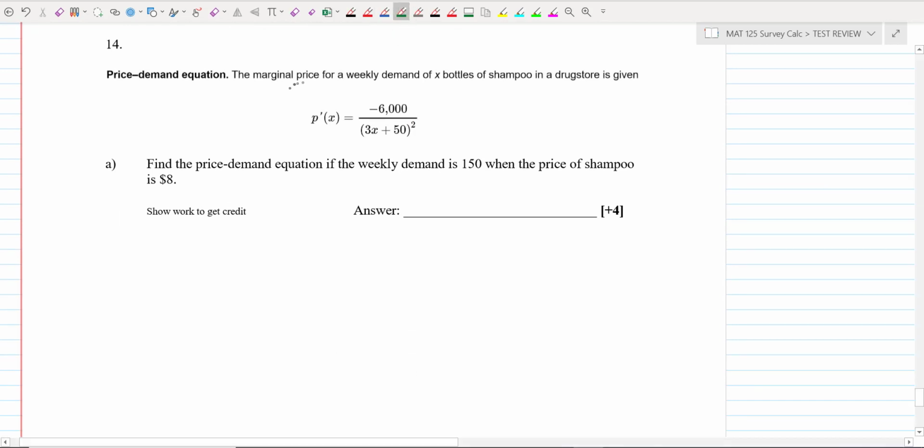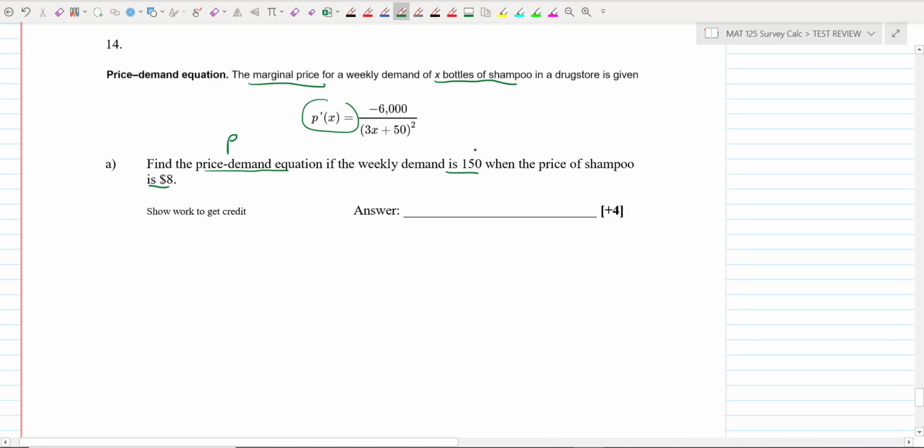So with this one, let's see. This is the marginal price. It's a derivative. And this is X bottles of shampoo. And this is the marginal price. So we're going to find the price demand function. So we're going to find P given the derivative if the weekly demand is 150 when the price of the